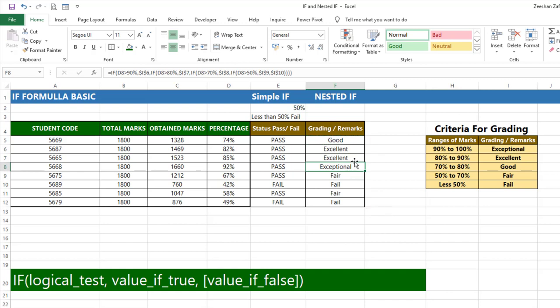92% is exceptional. You can see in the criteria 90 to 100% is exceptional, and 49% is less than 50%. So these two have failed. So you can